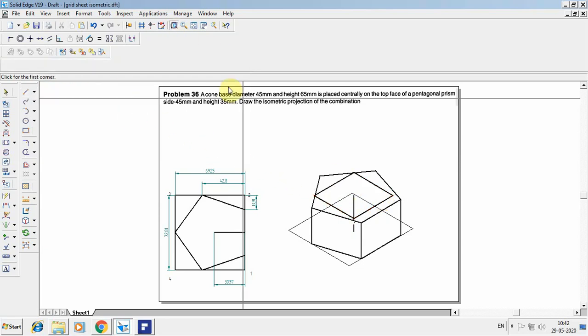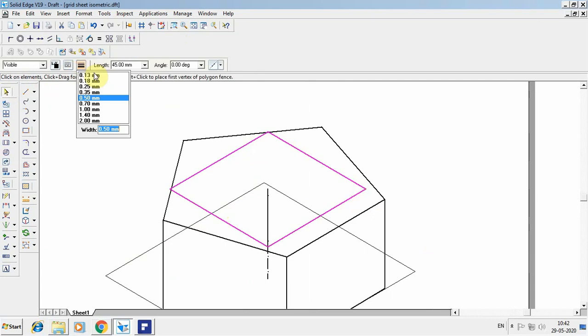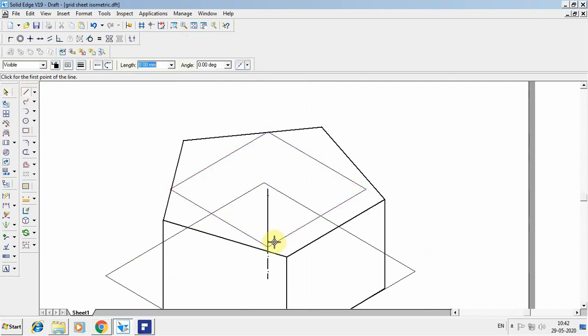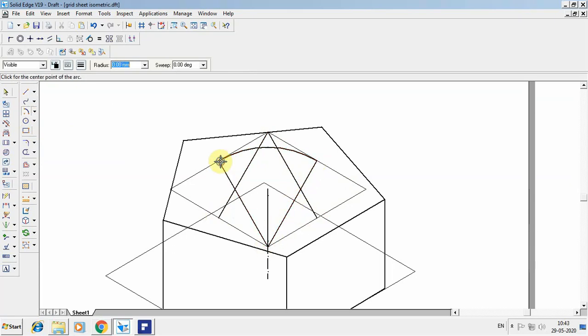So now you can zoom into that area. I'm going to keep those lines as construction lines. So I'll go for finding the center point to convert into a circle. Similarly from this point to the center of this, similarly from here to the center of this. Now go for arc by center point. Select that and join. Similarly from here and join.